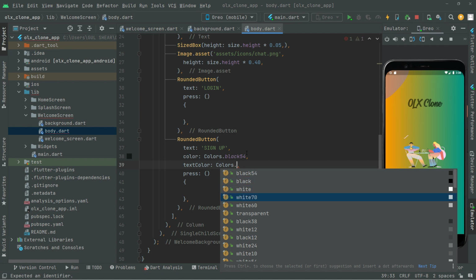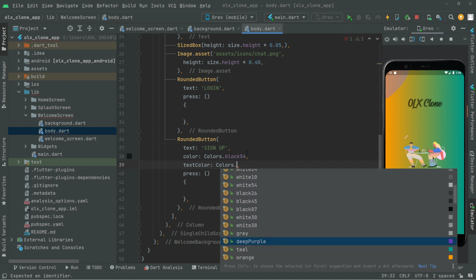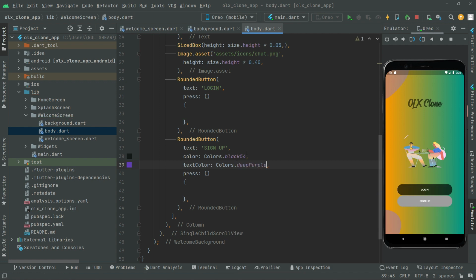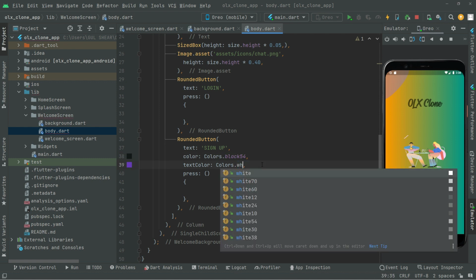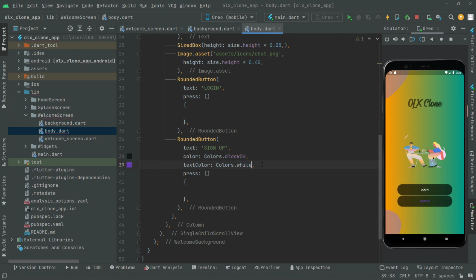Let's go, I'll go with the deep purple. Now as you guys can see, the text color is deep purple, but we change that color right to this black 54. Now I think the white color was better, so I'll go with the white one. As we set it also right in the rounded button, it just looks more professional. That's fine. As you guys can see the result,